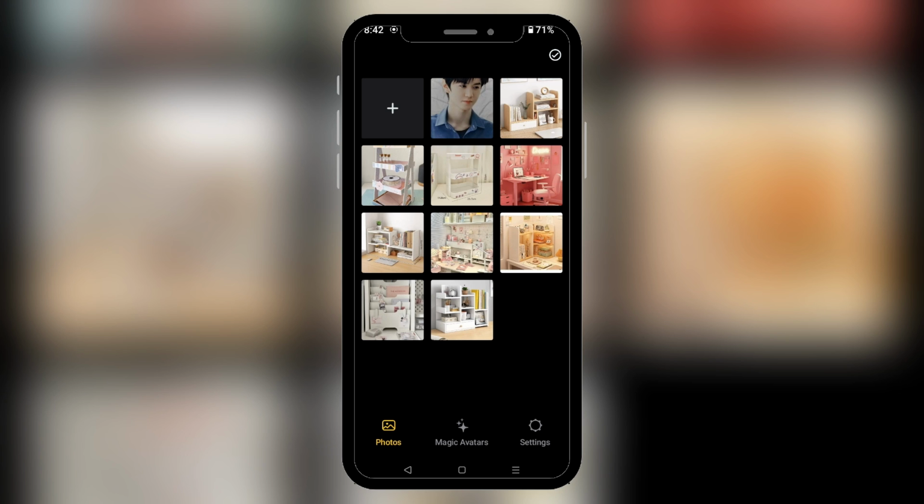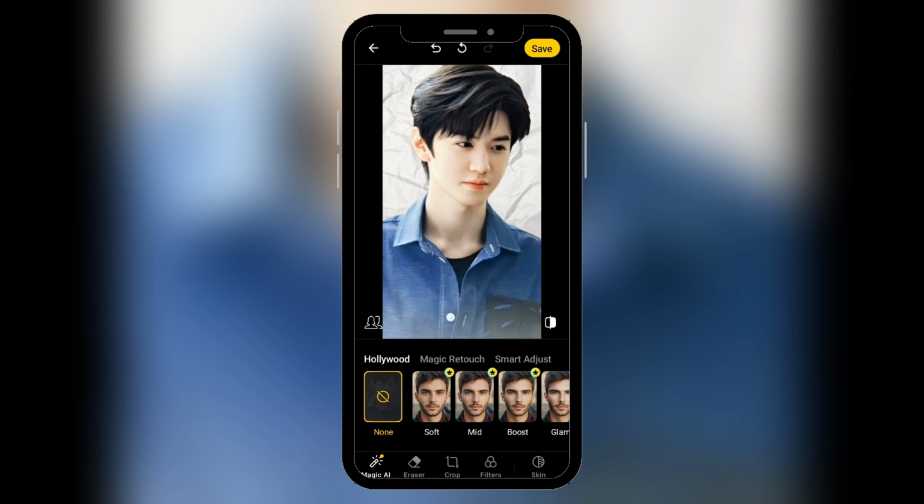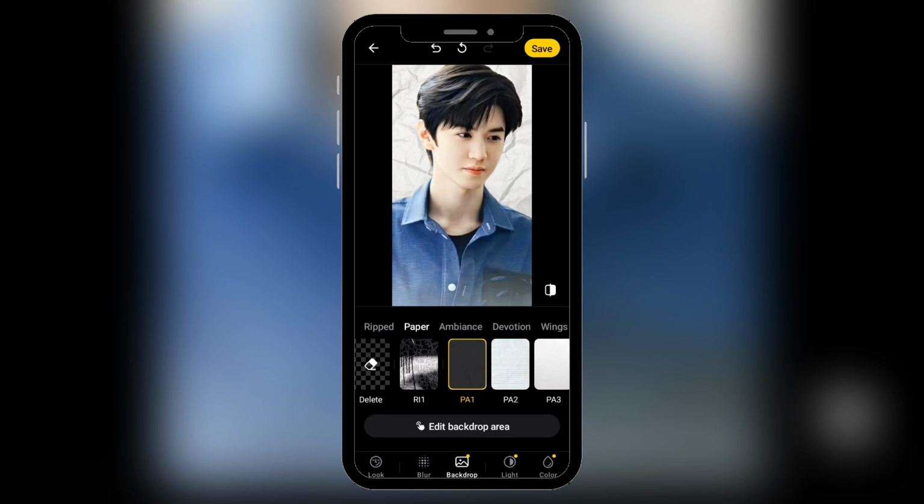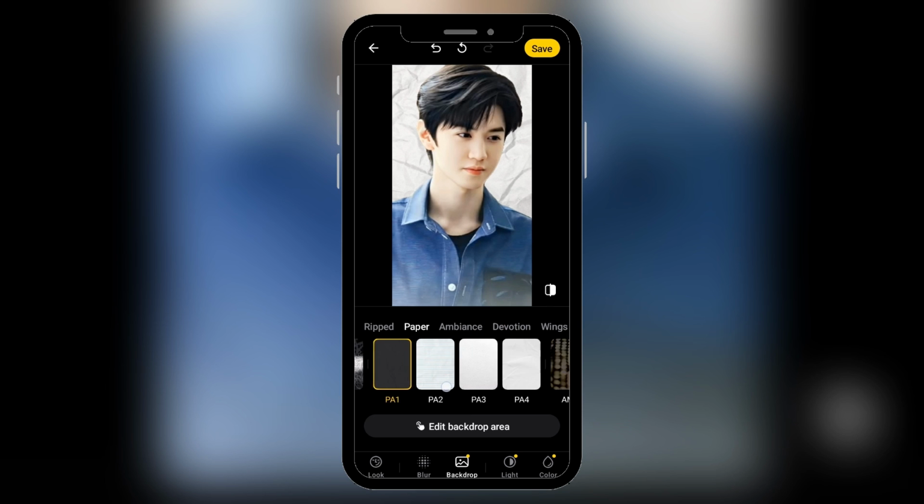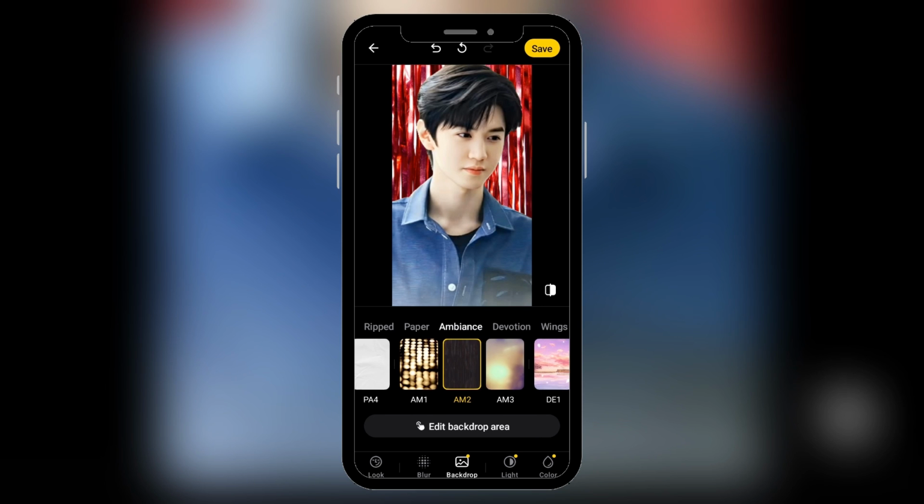Let's tap on it. And now you will be taken to the edit section. Look at the tools at the bottom of the screen. Scroll along until you see the option for backdrop. Scroll and here you can see an option for backdrop. Tap on it and you can see the background right over here is this one right now. Let's choose this one. And here you can see you have seamlessly changed the background or added a new background